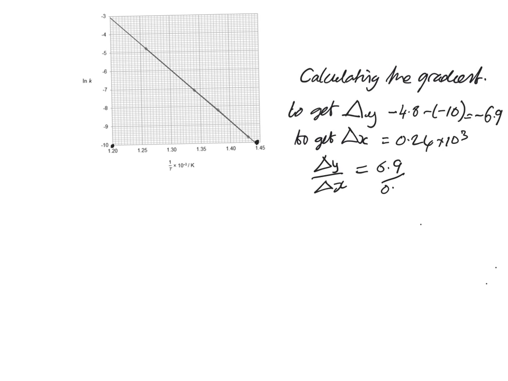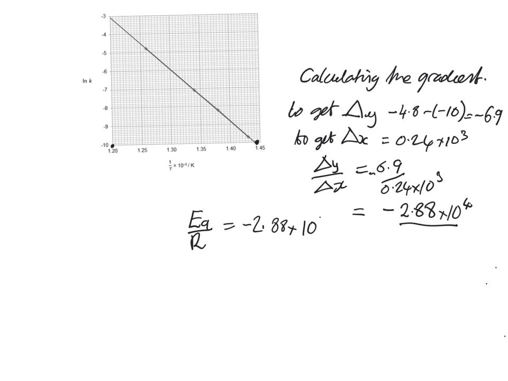6.9 over 0.24 times 10 to the 3. So the gradient is equal to minus 2.88 times 10 to the power 4. Since the gradient is equal to minus EA over R, which equals minus 2.88 times 10 to the 4, where R is the gas constant, and the gas constant is 8.314,